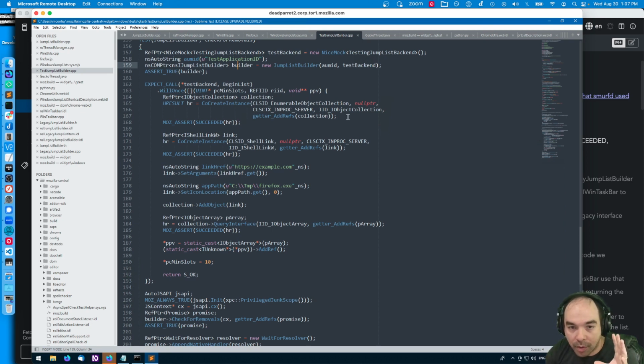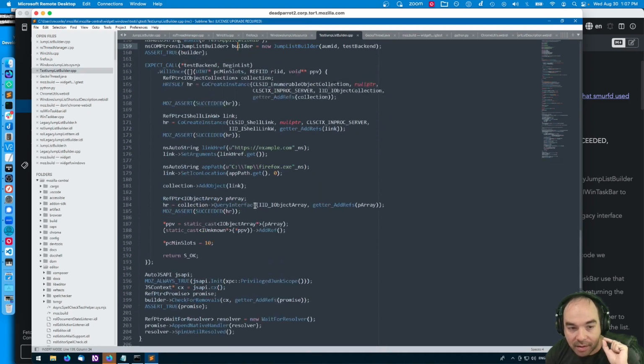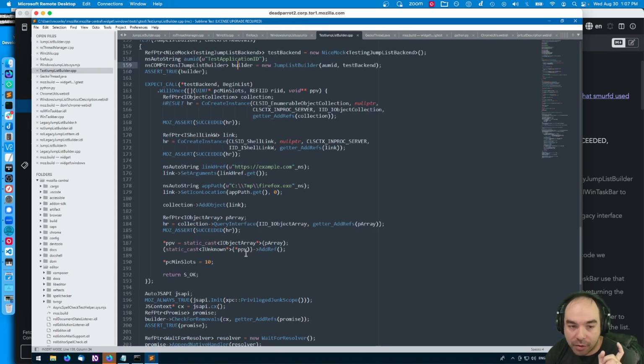We're creating an instance of an IObjectCollection, and we create something called a shell link, and we poked some values into them, just some test values, and then we poked the right stuff into our out param, because that's what the PPV thing is. It's an out param, and we added a reference to it, because that's important to do, so that it doesn't get destroyed whenever we hand it back. And then